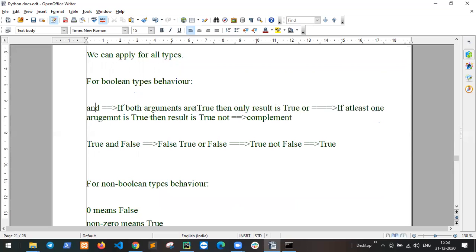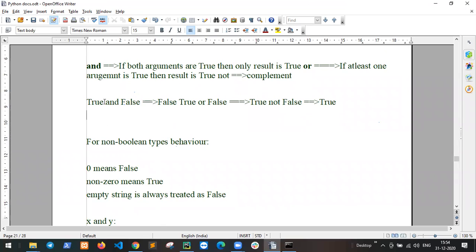If both arguments are true, then only the result is true. For or, if at least one argument is true, then the result is true. Not is the complement.